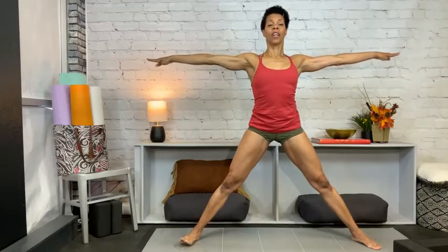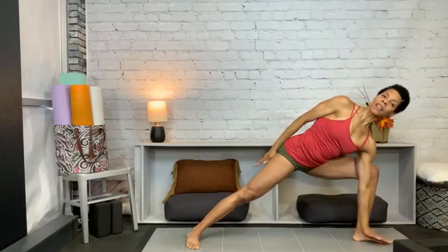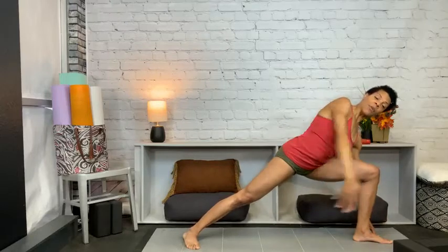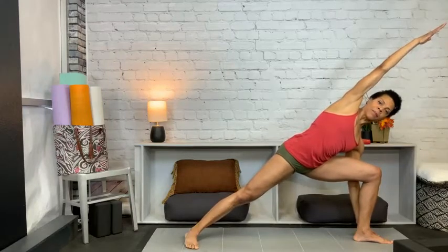Take your arms out. Inhale, turn the feet. Exhale, the right hand comes down on the inside or the outside. Outside for my traditionalist. And then we add the top arm. Breathe. 5. You can add your binding. 4, but